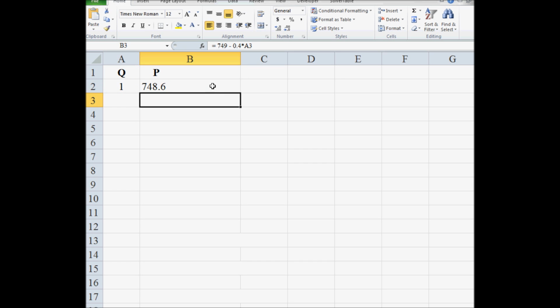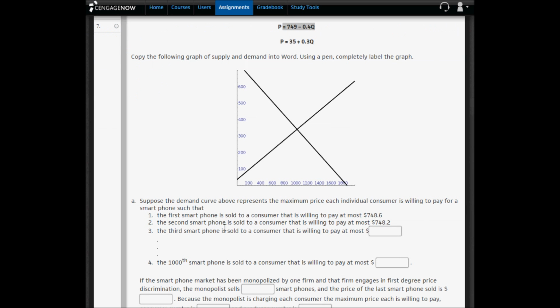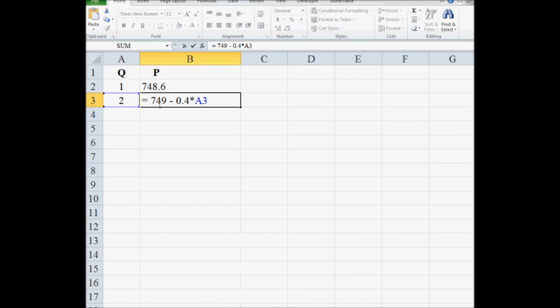And you get $748.60. The second smartphone is sold to the consumer that was willing to pay at most $748.20. Where does that $748.20 come from? Again, I'm going to replace Q here with 2. So A3 is 2. Plug that in the demand curve, and we get